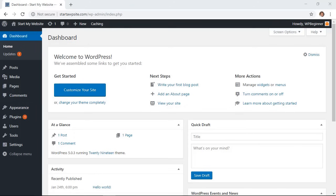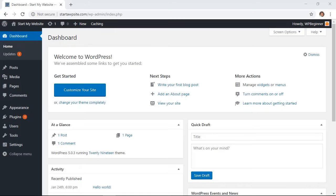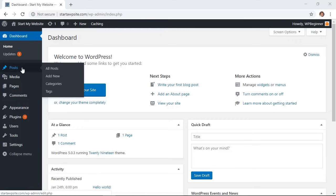Most of the things that we'll work on are from these tabs on the left. And you see already we have some notifications here that if you need to, you can address those. They're simply for updating. But let's take a look at some of the main areas of our website. The posts area, that's where you'll be using a lot of your time. You'll be spending a lot of your time writing your blog posts for your site, and this is where you'll